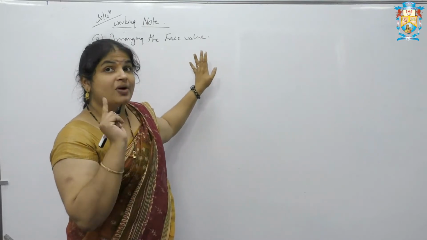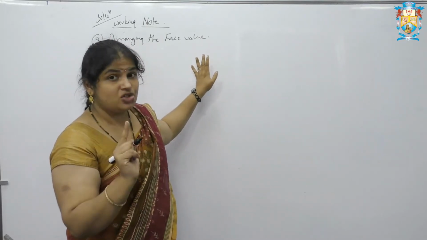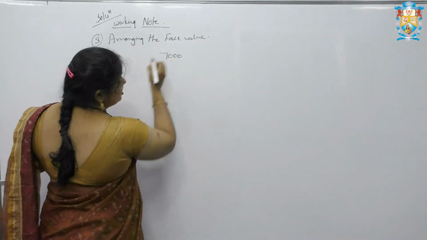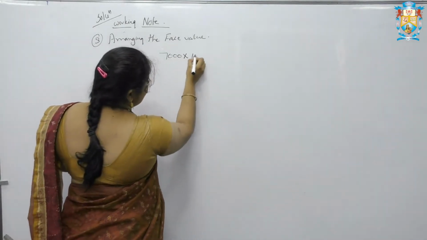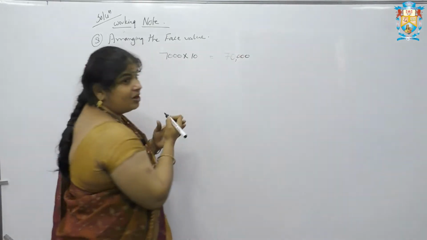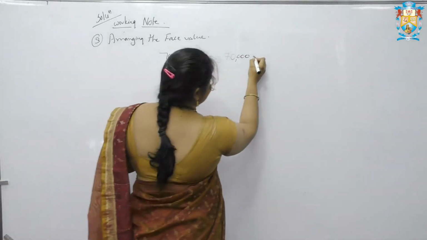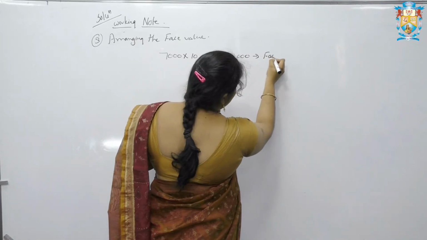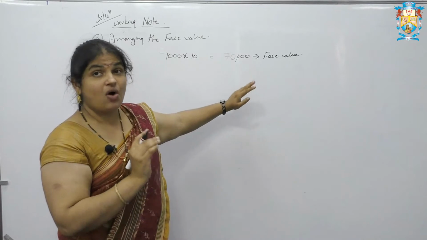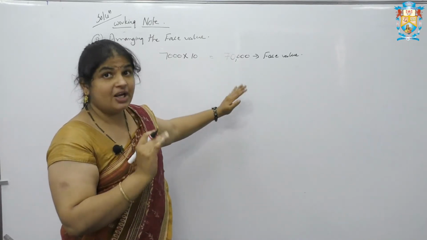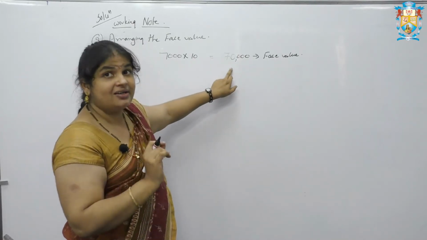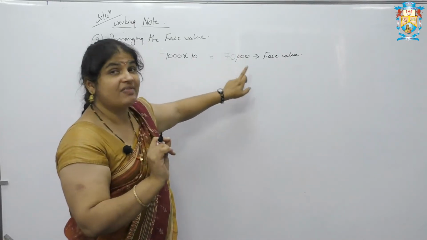Read the question. At the time of doing an external arrangement, 7,000 equity shares are issued. Value of one share is 10 rupees. So 70,000 is the total money I have collected. This is the face value. Now consider only the face value. Already the premium is settled, so once again, don't go to write the premium. Consider only the face value. Total money collected at the time of fresh issue is 70,000.